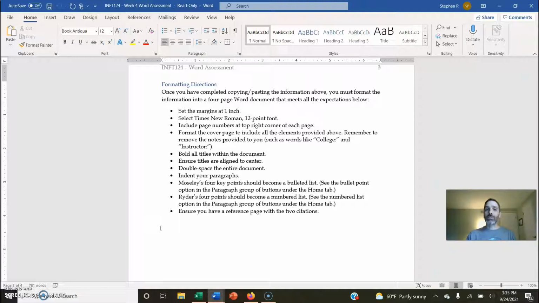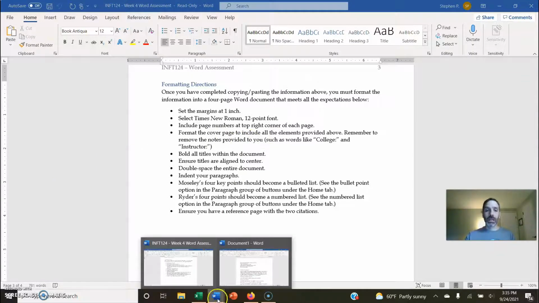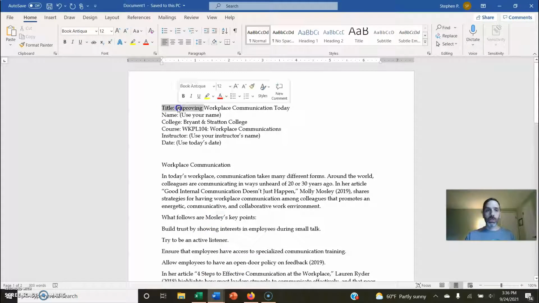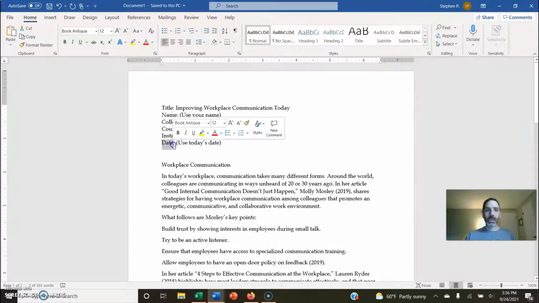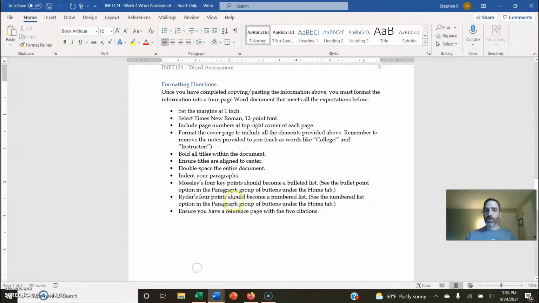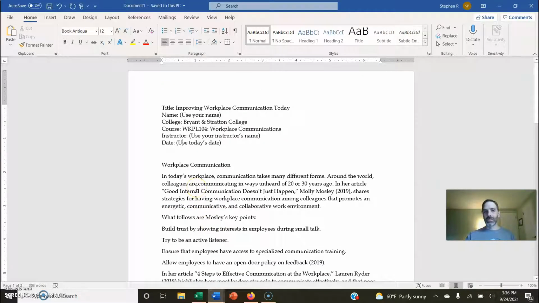But make sure that you have Times New Roman 12-point font. Make sure that you have a cover page that has all the elements that you just copied and pasted, but remember to remove the little notes as well. By notes, I mean things like Title, colon, or Instructor, colon, or Date, colon, that kind of stuff. So that's what you're going to be doing. You're going to go through systematically, one by one, each of these, and format this text. The end result should be 4 pages, okay? When you're done with that, you're going to upload that to Blackboard. But again, remember, folks, what matters really more than anything else is that you follow